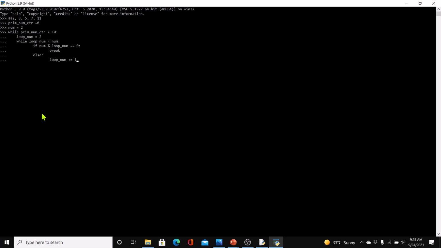Okay. And then we go back and check whether loop num is still less than num, and we continue to check for divisibility. Now, if loop num is not less than num, which means we have to exit this loop, right? So now we specify what happens when we exit the loop. Now here we will have a check to see if this loop was exited because divisibility was found to be true, or because loop num is no longer less than num. So if loop num is equal to num,